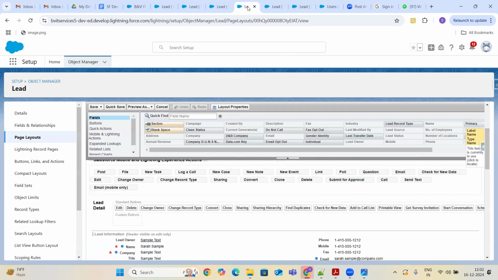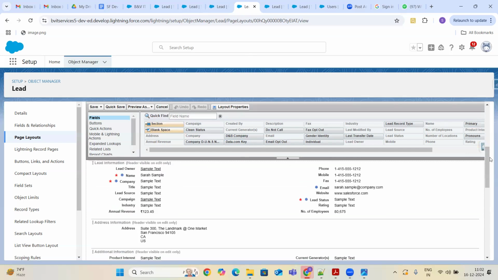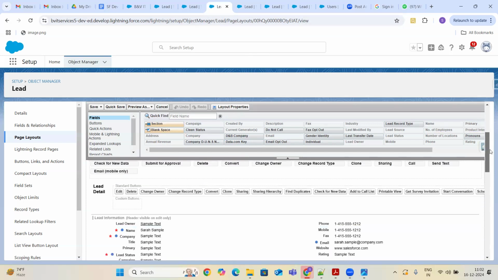It seems almost all the same, guys, but if it's almost all the same, it's not required to create different layouts. There might be a small difference, but I'm not able to see it right now. Both layouts seem the same to me.